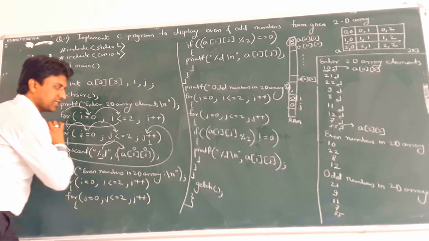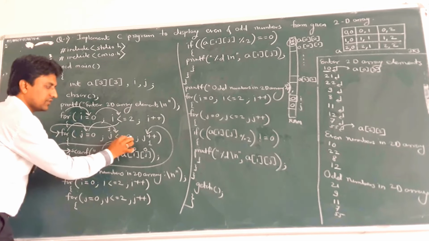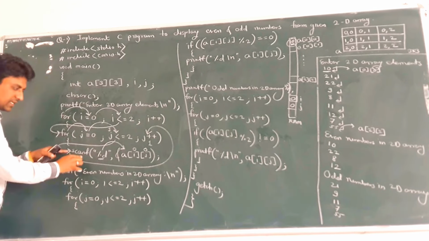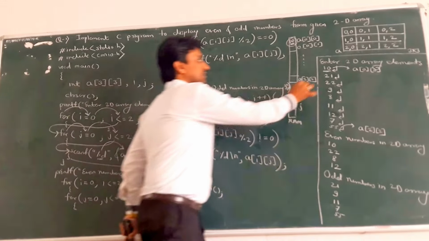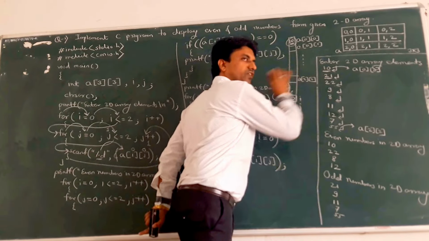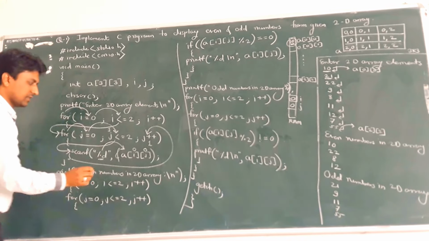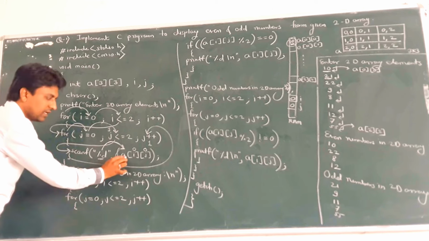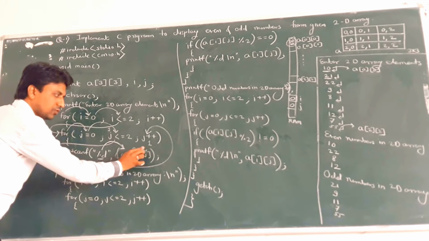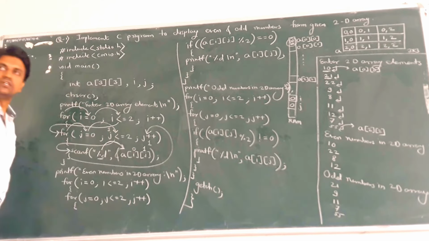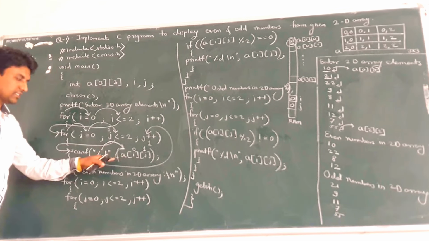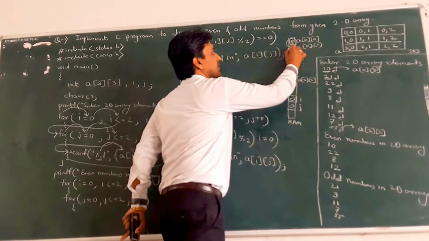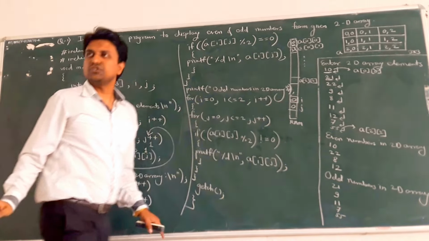Now with j plus plus, j becomes 1. So 1 less than or equal to 2, condition true. Entry to the inner for loop. Then again scanf, meaning again the cursor is blinking. Suppose the user enters 21 and presses enter. That value is moved to the address of a of i. The current value is 0, but the value of j is 1. So 21 is stored at the address of a of 0, 1, meaning here 21 is stored.